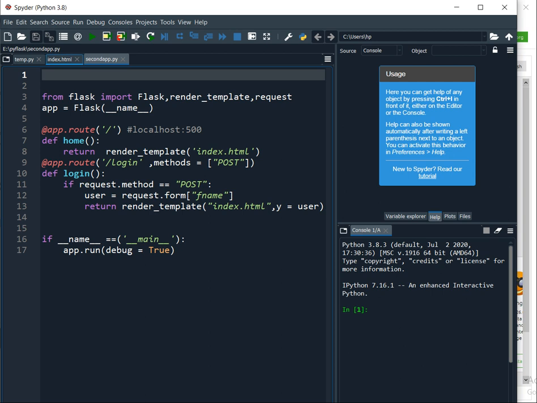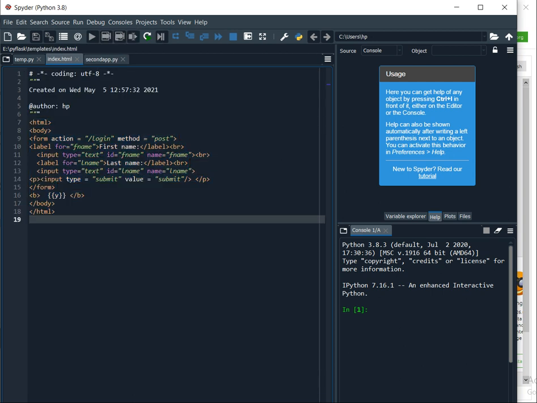So here I have already saved my files. Here is your HTML file which is named index.html, where I have given form action /login and method equal to post, same thing, which consists of two labels and two text boxes and one button.